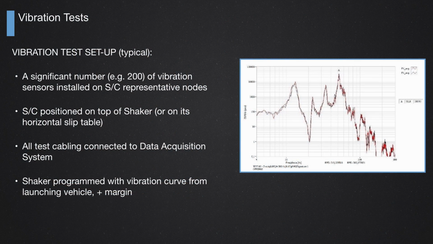Now I have another satellite, sometimes made for different people. We make sure this manufacturing was done accordingly, so we do another test there. So how do we do the vibration test? How is it set up? We install a significant number of sensors we call accelerometers. Let's say, for instance, 200 accelerometers are installed on spacecraft nodes. Why nodes? Because the designers of the structure know the critical points of the spacecraft that will vibrate more and can be damaged.